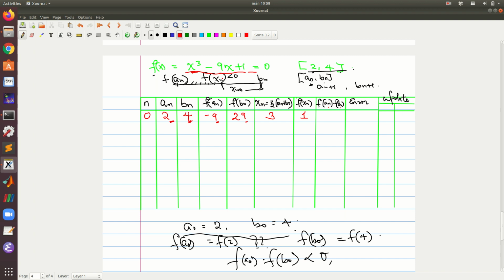Now that we have computed xn, we check the signs of f of an and f of xn. So f of an was negative, and f of xn is positive. That means they are of different sign, and the sign of their product is negative. Of course, we can't compute the error here, since this is just the first approximation. The difference between